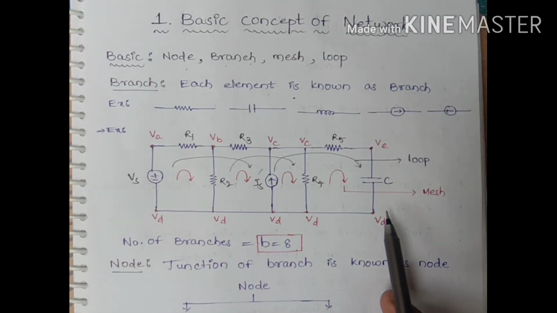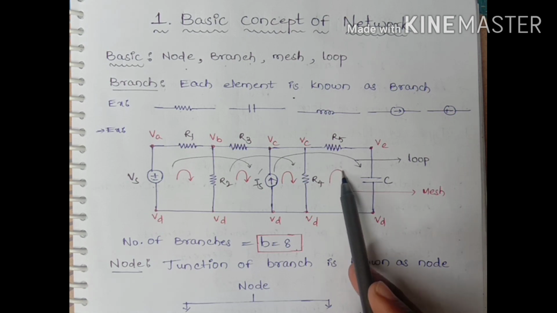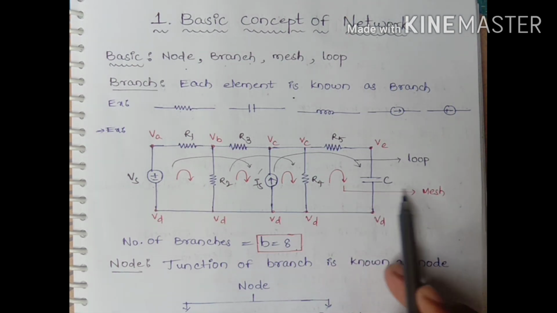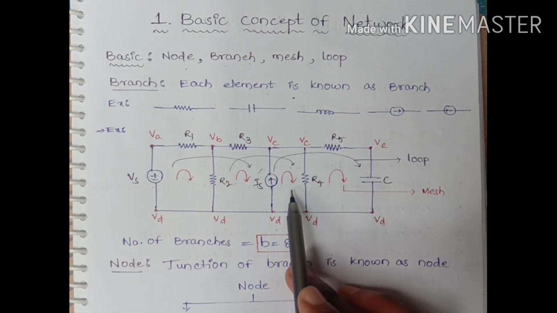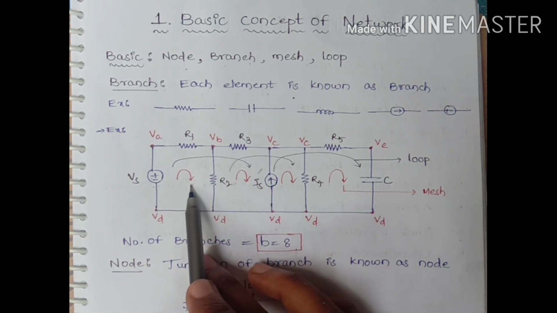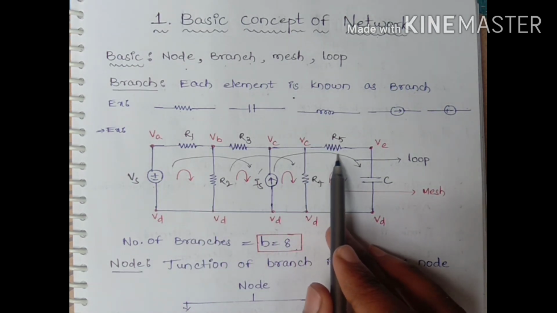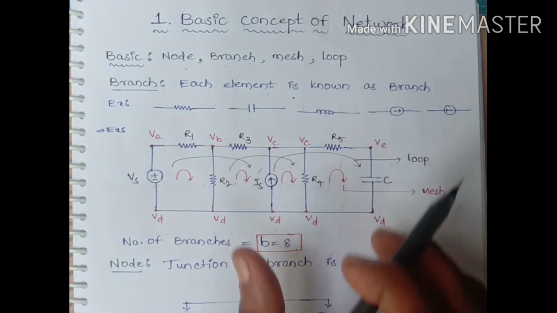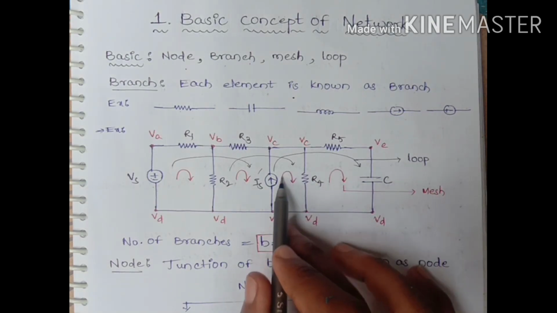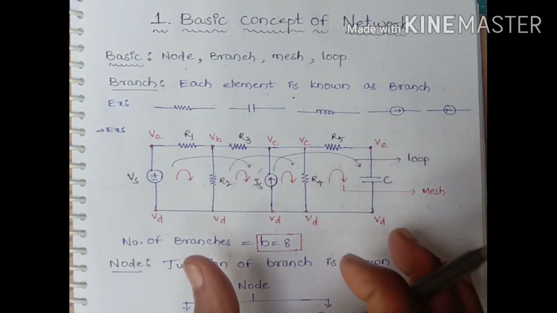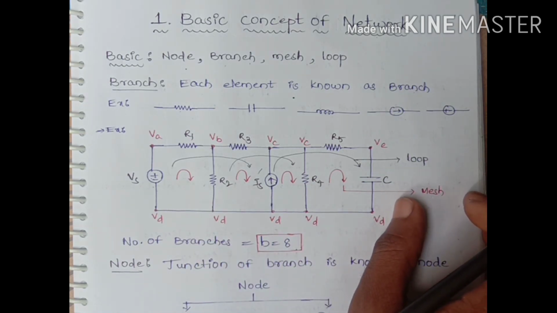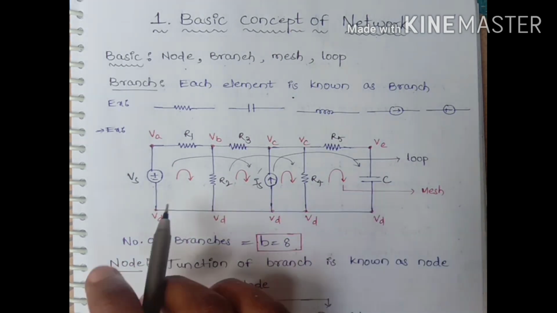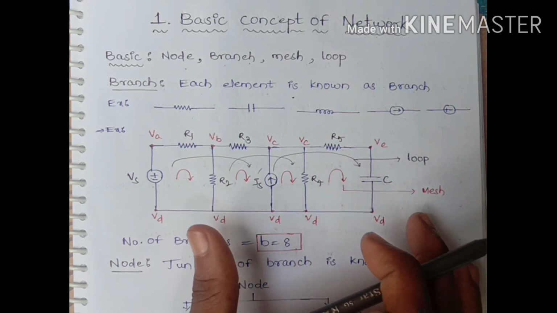So look at the same example. In this example, you can see this red pen indicated loop is not depending on any other loop. So this can be defined as a mesh. This is a mesh and this is also a mesh. This is also a mesh. This is also a mesh. But this black pen indicated loop is depending on these two loops. So this is a simple loop or dependent loop. These loops are not depending on any other loop. So these loops are independent loops, or we can call these loops as meshes. So how many meshes are in this network? 1, 2, 3, 4. 4 meshes are in this network.